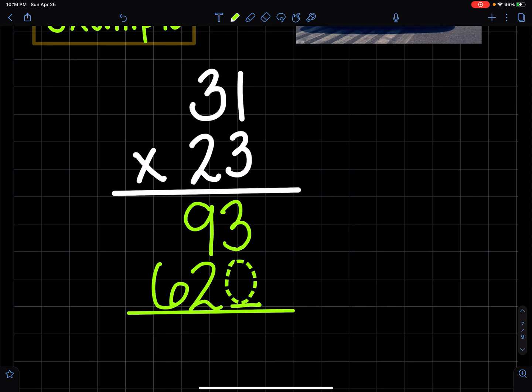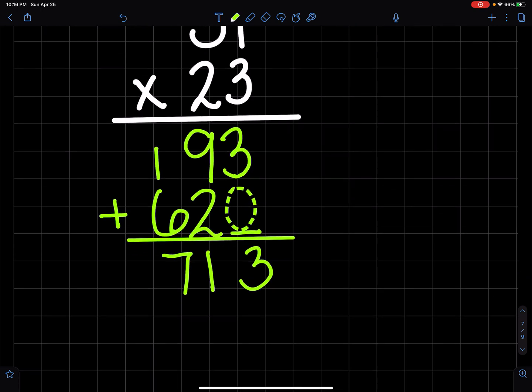Okay, now the last step is we add these together. So let's just add them in order. 3 plus 0, 3. 9 plus 2, 11. And then 6 plus 1 is 7. So I got for an answer